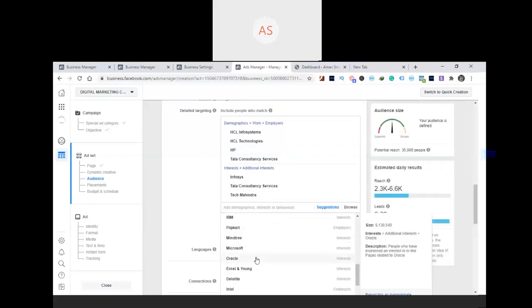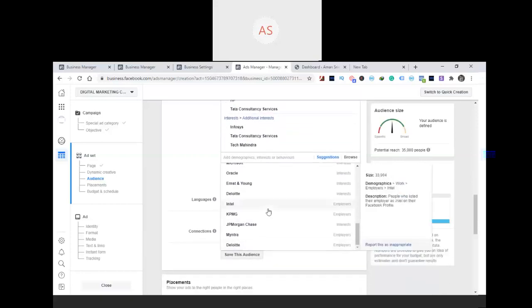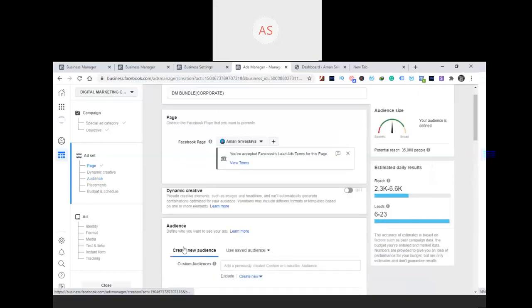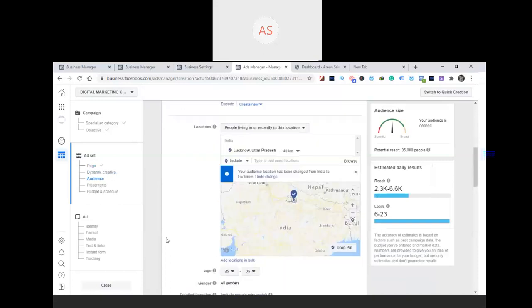Then we have Intel and all that stuff. So there are not a lot of industries present in my city.